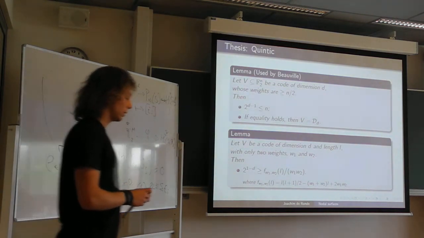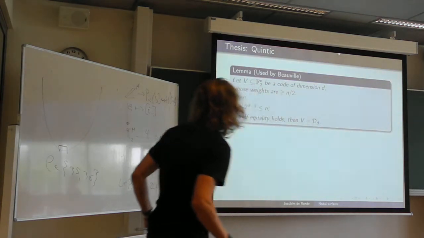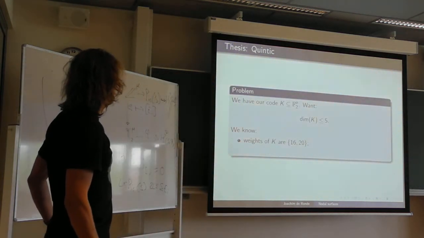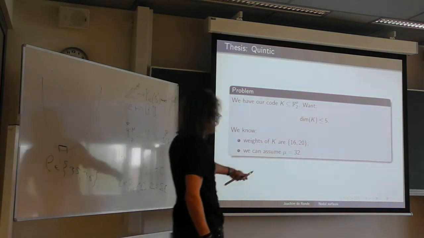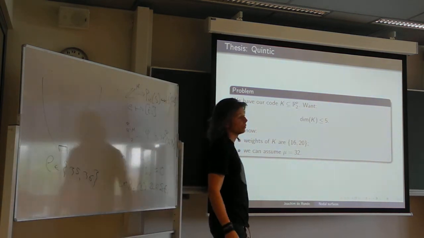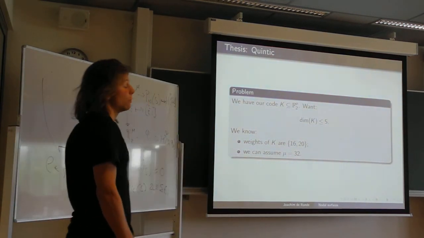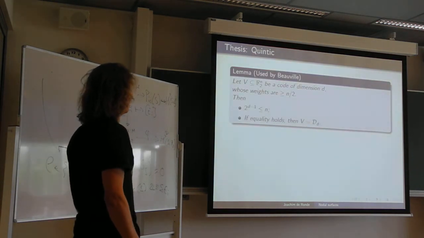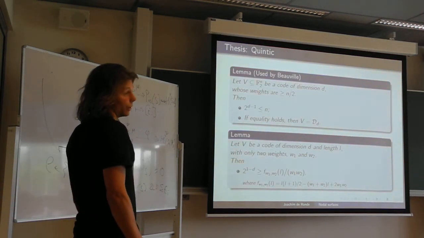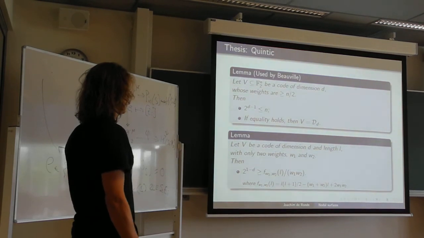But because, as I showed you on the other slide, we can assume K to be embedded in a space with dimension 32, in particular, its length will be at most 32. It will never be 35 or 36. So again, we obtain that the dimension